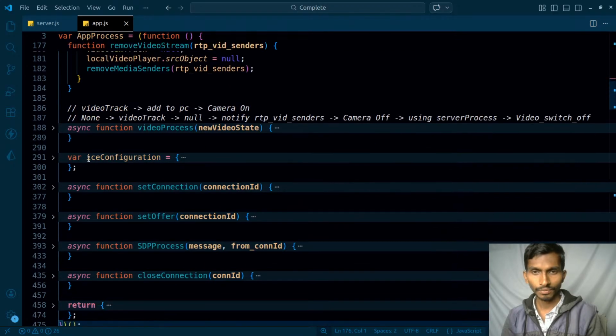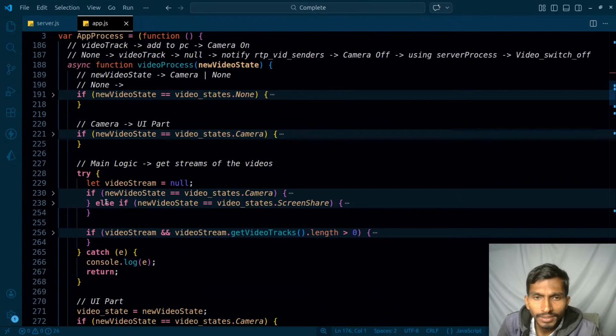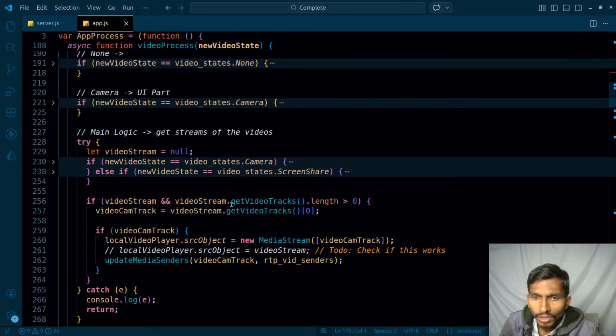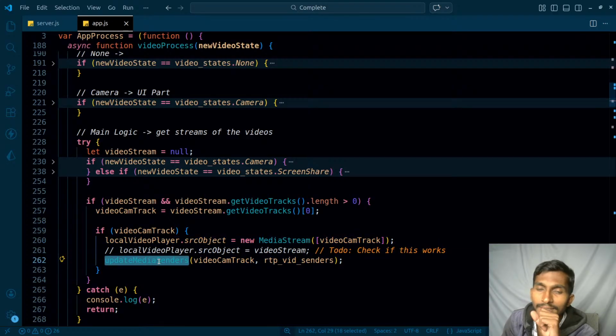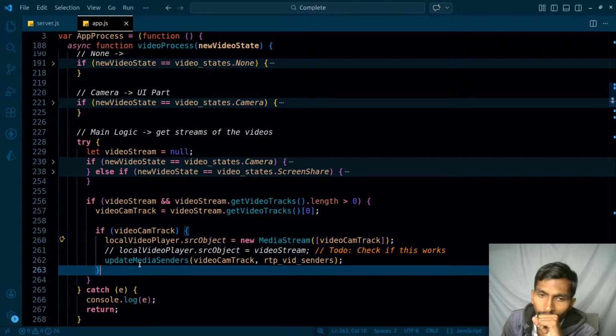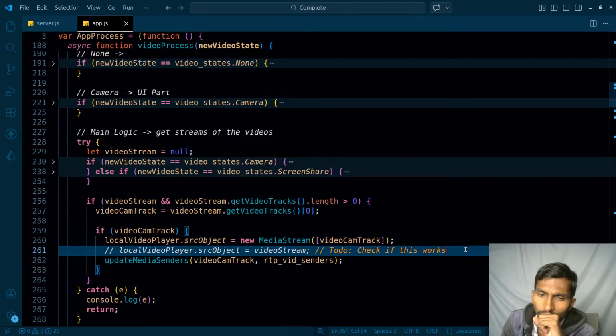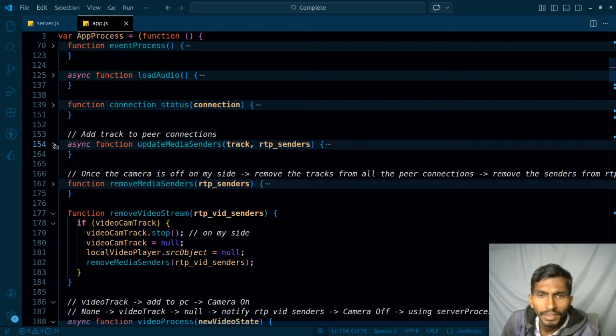So whenever I add, coming back to video process again, if that equals camera, that simply means I have the video stream. If I have the video stream, then what am I doing? I am getting the video track. Once I got the video track, I'm just simply adding it here and then updating the media senders. So I started sharing this camera, and once I started sharing the camera, I'm just simply updating the media tags. Updating the media in the sense,